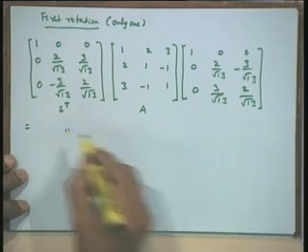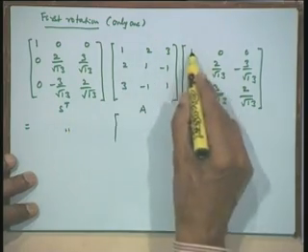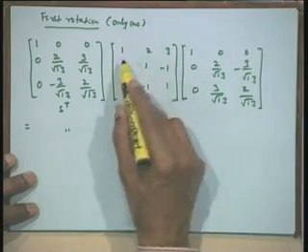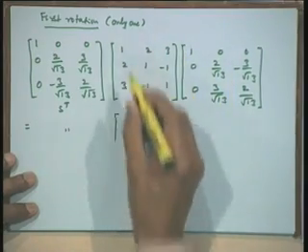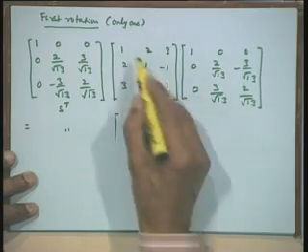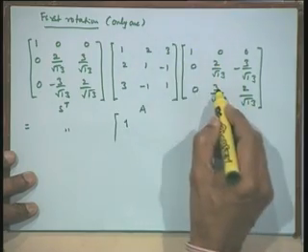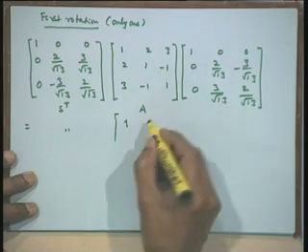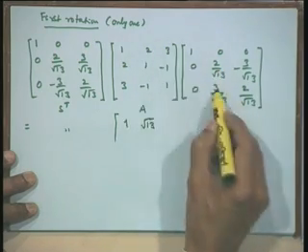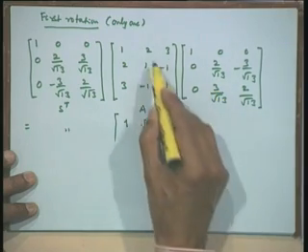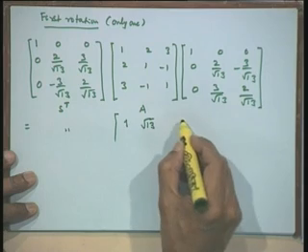Now, let us retain this matrix as it is and let us write down the product. So, we will have this is 1 0 0. The first row gives me this first row into this 1, it remains the same. Then this is 2 into 2, 4 plus 9, so 13 by root 13. So, I will have root 13, this is 4 plus 9. Then here this is minus 6 and this is plus 6. So, I will have a 0 here.